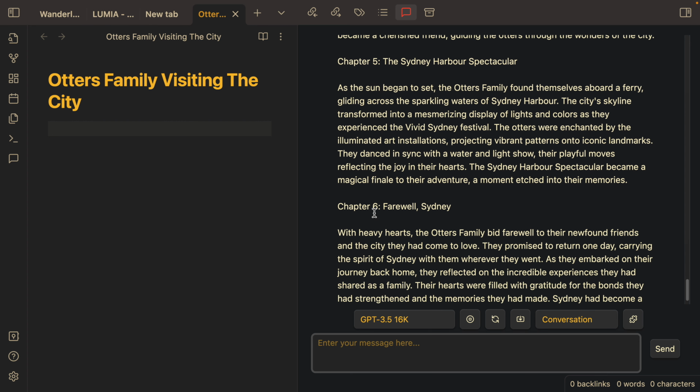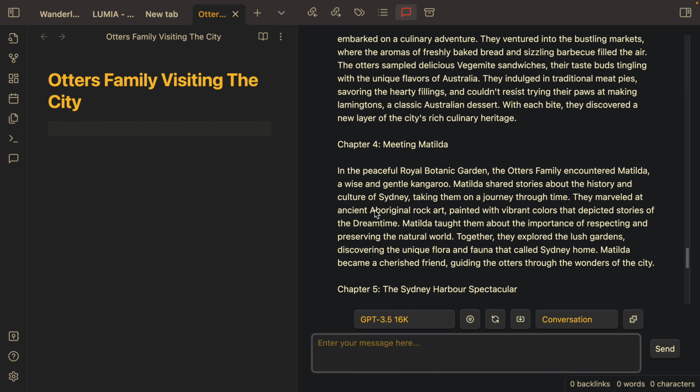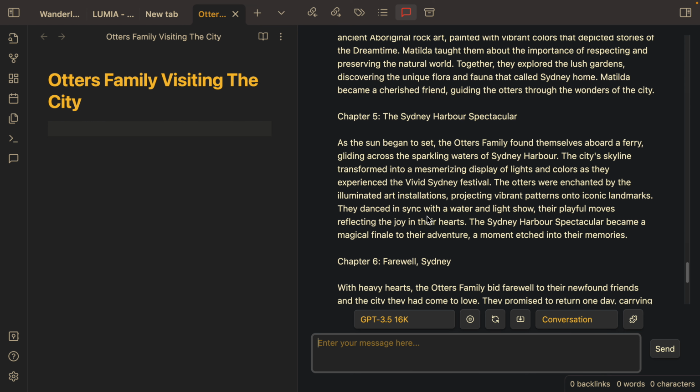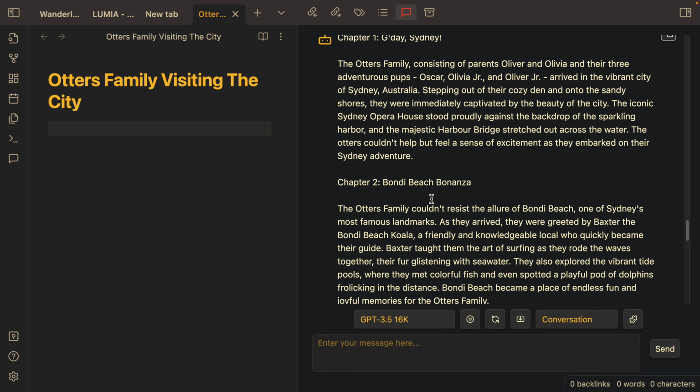Okay, somehow it's starting to get crazy. And Vivid Sydney Festival. Okay, after the sun goes down at nighttime, they're experiencing the Vivid Sydney. Oh yeah, it's very Sydney stuff.